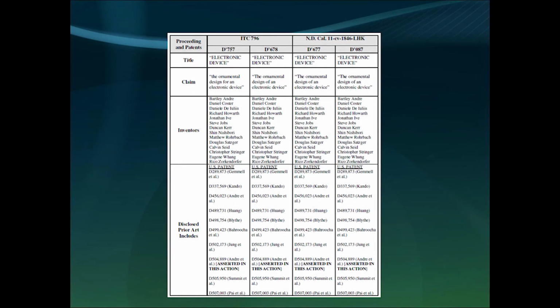In these slides, I'm showing another chart that we used in briefing in one of the Samsung versus Apple cases to demonstrate why materials relevant to patents at issue in the ITC and materials relevant to patents at issue in a civil patent case should be cross-used. We showed that most of the disclosures in the respective patents at issue were exactly the same. The inventor, the third-party prior artist, and engineer testimony from one case was obviously relevant in the other case.